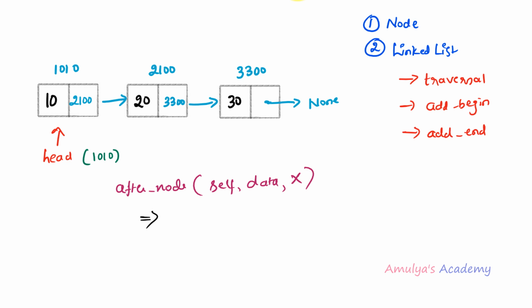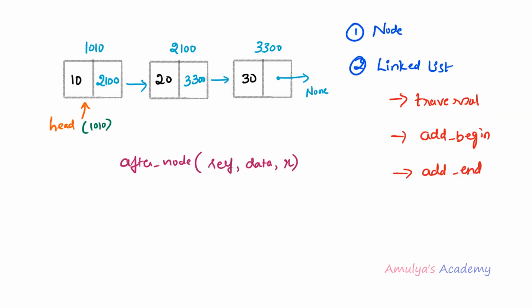If it is the first node, then we need to worry about that situation. But here, the new node can't be the first node because we are adding the element after a node. Now to insert a node after a given node, the first step is we need to find out the position where we want to insert. Here, if the given node is X, I took the parameter name as X, right? That is the given node. After that node, we need to insert the new node.